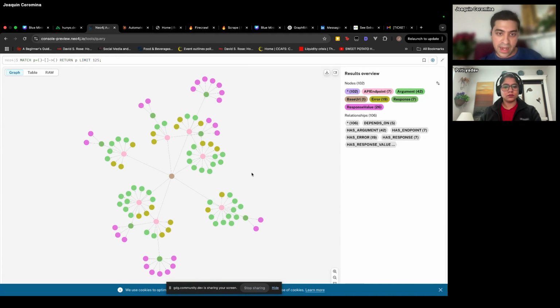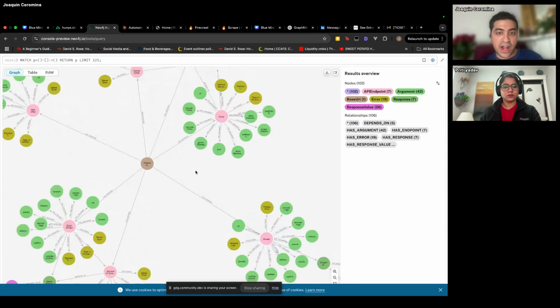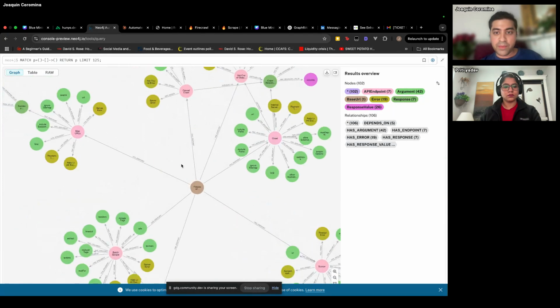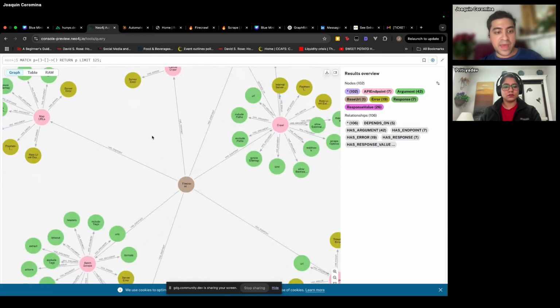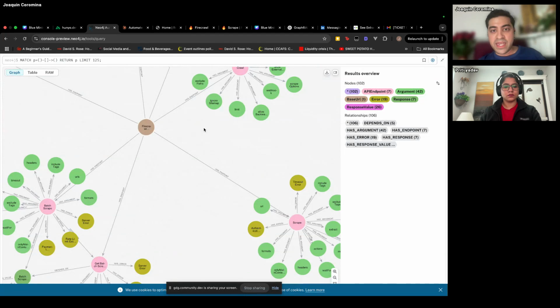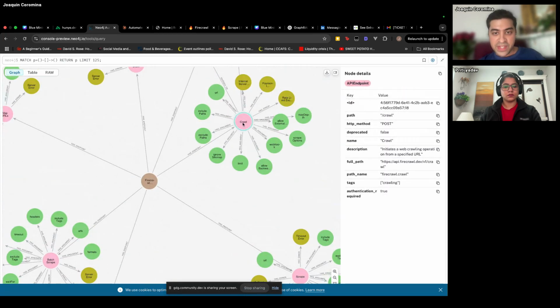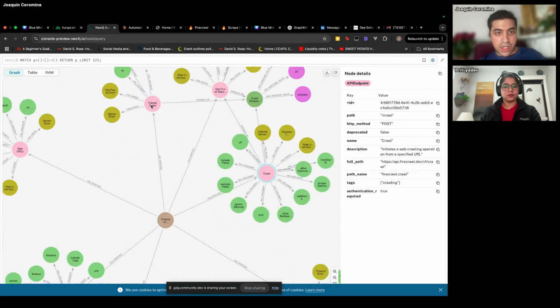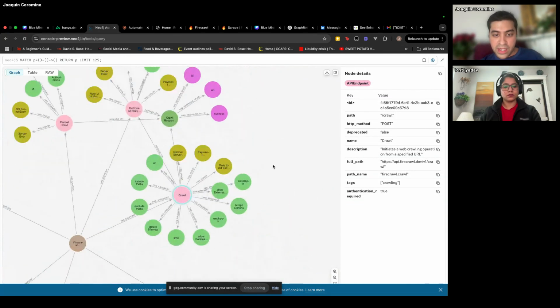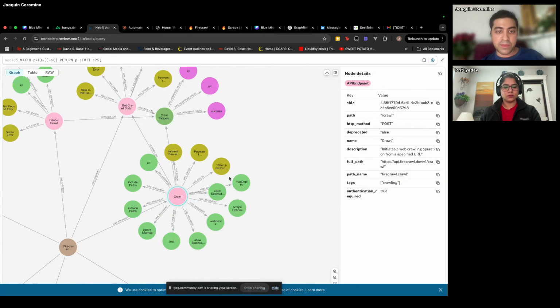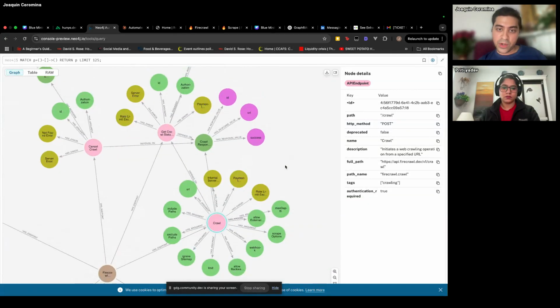So this is the graph that I created. This graph is a visual graph-based representation of the API documentation of Firecrawl. All of the pink nodes are API endpoints. Notice that they're the most heavily connected nodes. All of the green nodes here are the parameters that you can plug in. And then the yellow are the errors, and the lighter green are the response values that you can get. Or actually, no, sorry, the response values are the purple ones.